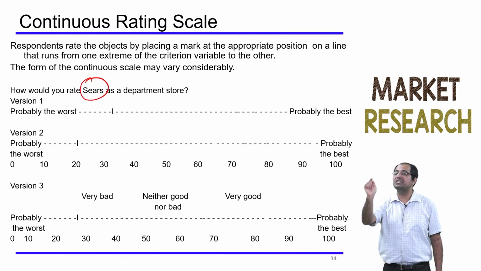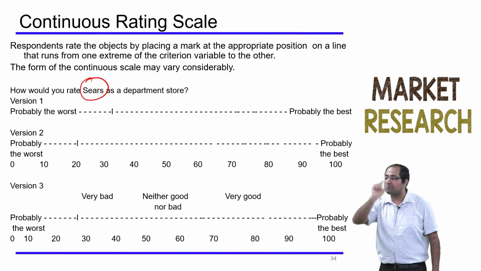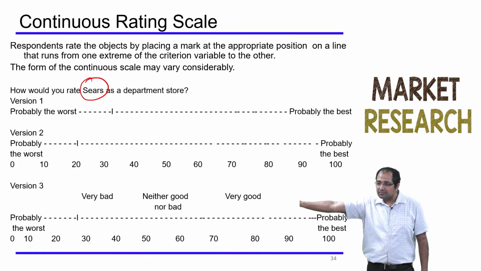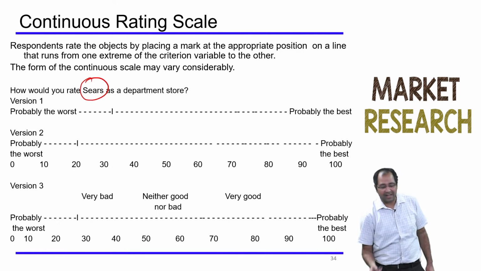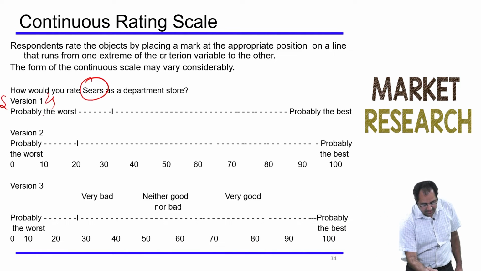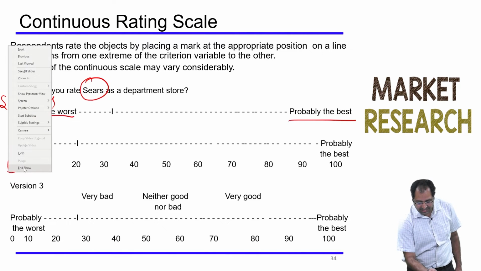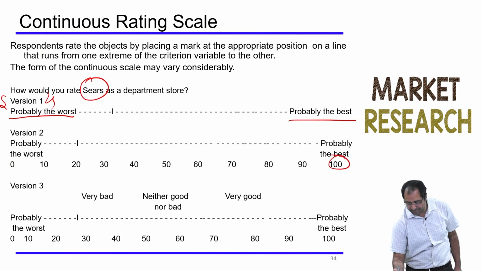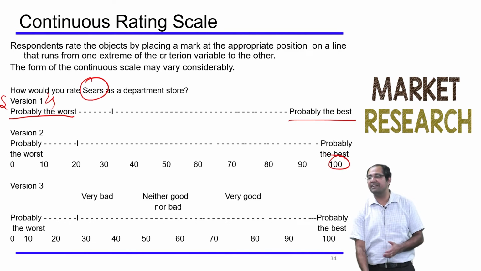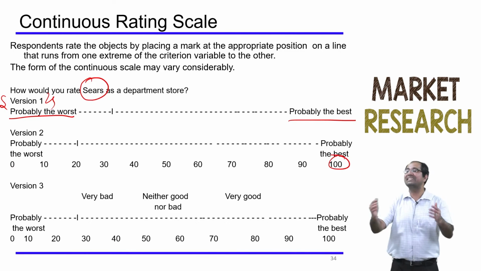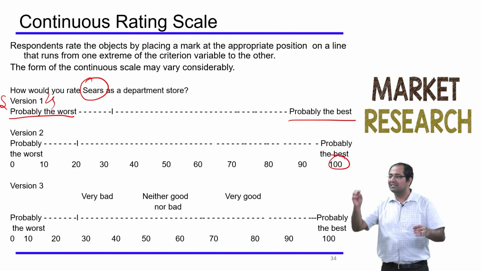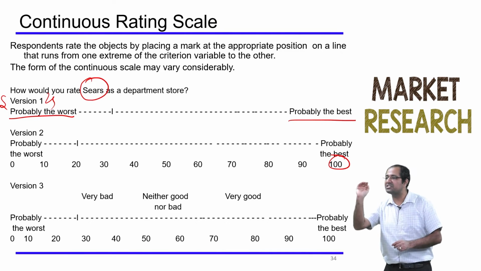Rate your preference for buying at Ambika store from 1 to 100. And these are different ways of asking it. One version is where the lowest is probably the worst, and the highest probably the best. The other one is you can also put labels like starting from 0 and the best one will be 100. So these are different ways of asking it. This is a non-comparative scale because each object is